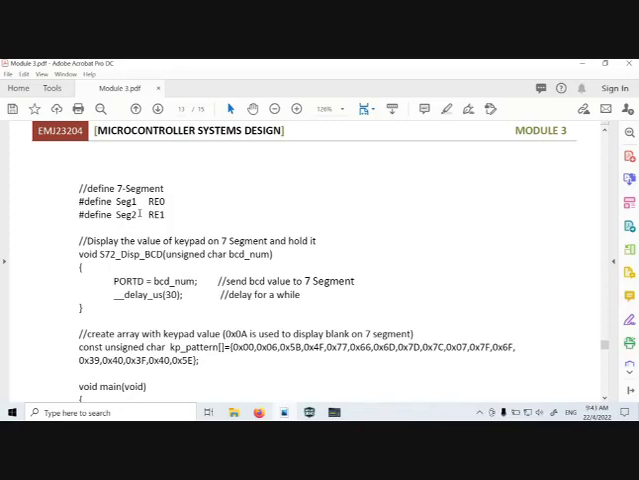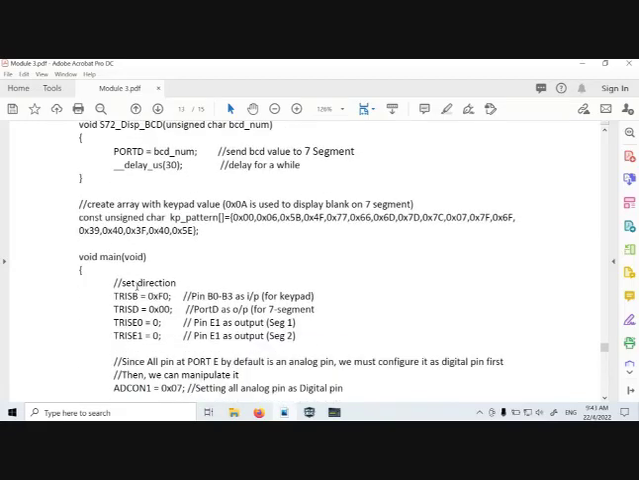So you need to include this one, and then this one. This one would be the same as the previous exercise. This one you need to display the number on the 7 segment only. So this one is the same as the previous one, and then after that you need to declare the array pattern